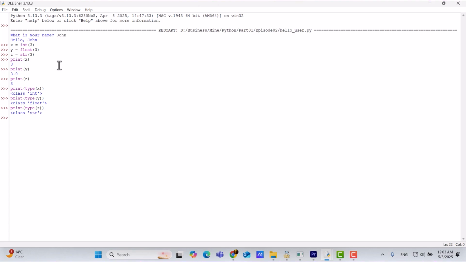So we have stored three values in these three variables. But in x, we have a variable with the type of integer. In y, we have a variable with the type of floating point. And in z, we have a variable with the type of string. We'll take a closer look at data types later on.